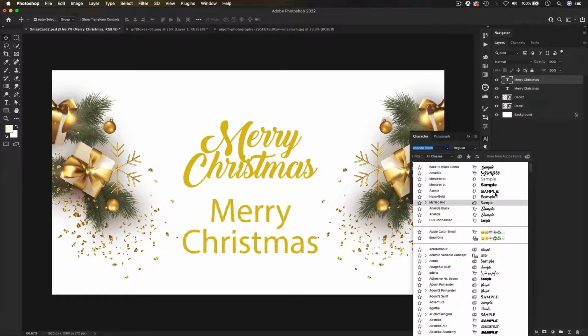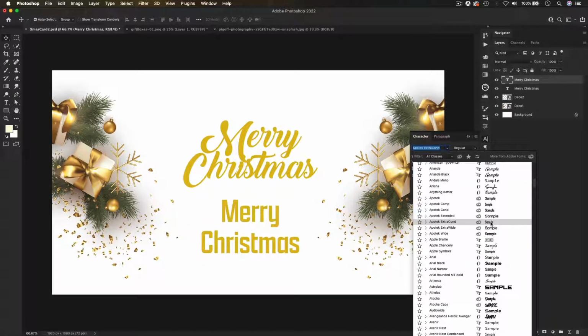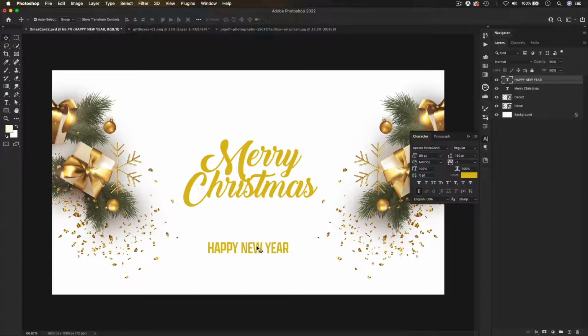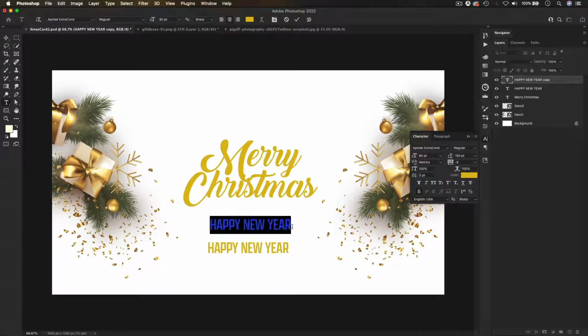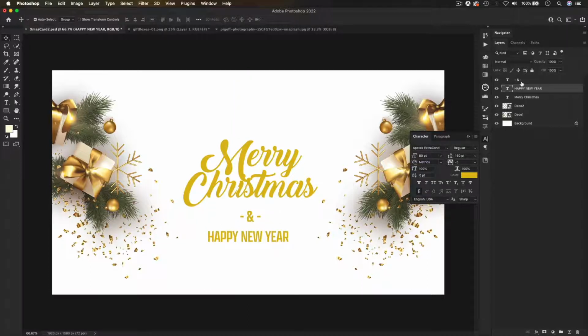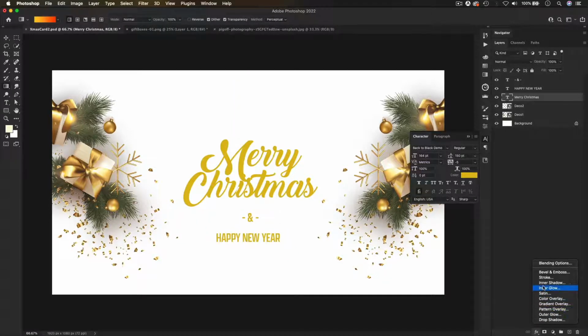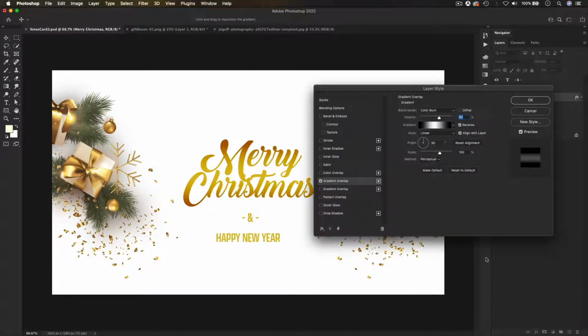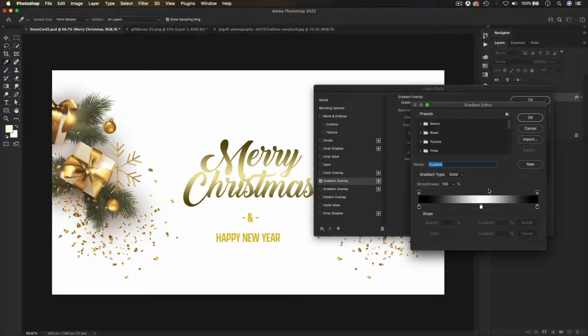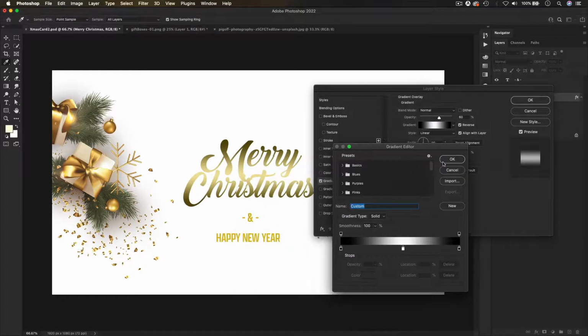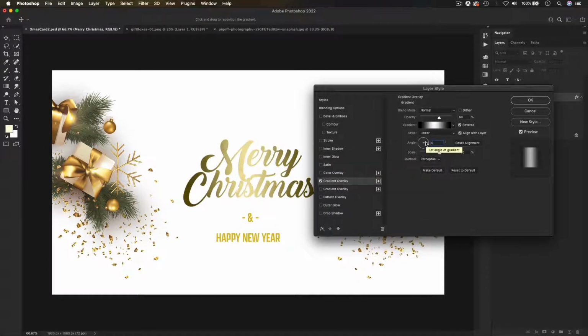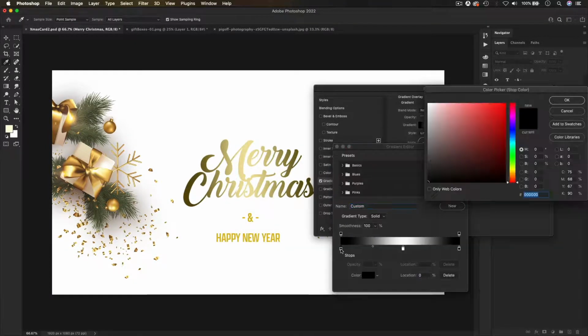For example, I want to write Happy New Year. Okay, and just that this way. Very easy. That's two different parts of text. Okay, I will then add a gradient overlay layer to this. Okay, put it to normal, and then I will also make sure that the angle is 0. Then change the color to try to get a golden